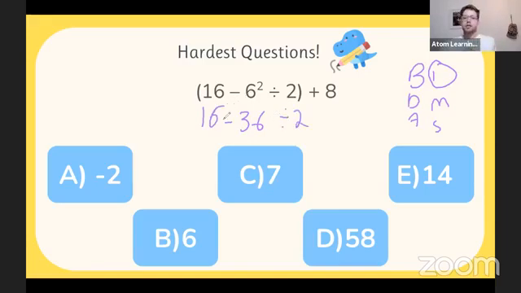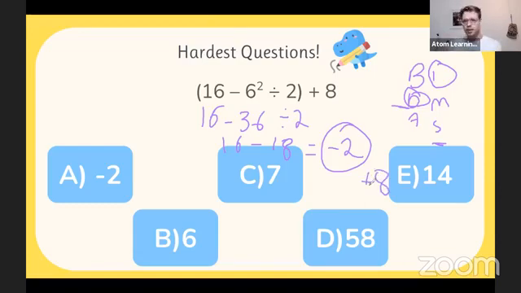Now, what I do next, I've got to subtract and I've got to divide. Which one do I need to do first? I'm glad you asked. We need to do that division first, because if we look at BIDMAS, division is above subtraction. So 36 divided by 2 is going to be 18. So we need to do 16 subtract 18, which gives us -2. Okay. So not only is this a BIDMAS question, it's also a negative number question. Notorious negative numbers. They cause a lot of problems. So next up, we need to do -2 plus 8. I can see a lot of us got this. Well done. That is going to be +6 as our answer. So well done, everyone who got that one right.